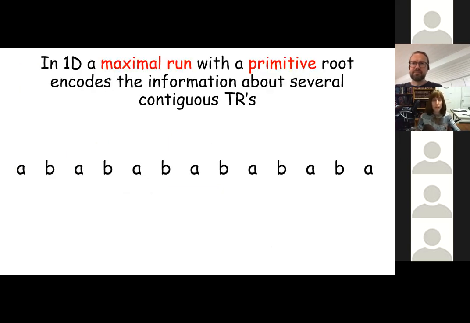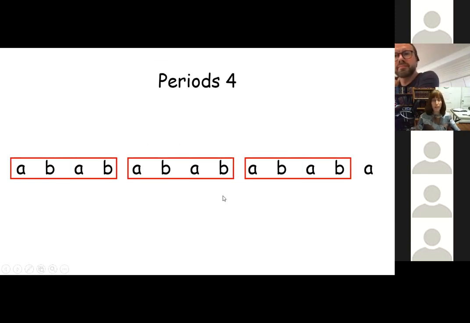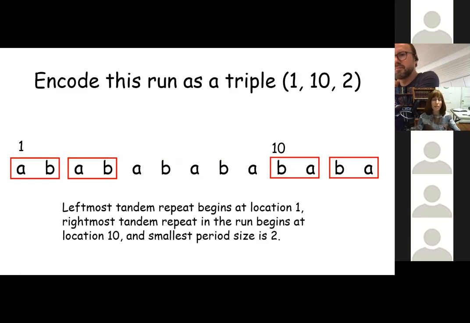So just to review quickly what a maximal run is, if you have a string of A, B, A, B, A, B, you would say, well, we have lots of tandem repeats. They're all contiguous, and the period is 2. You could also start at location 2 and have B, A, B, A. But you might say, I also have period 4, I also have period 6. And what we say is, but those aren't interesting because they're all represented in period 2. They're just multiples of 2. And if you know that you have 2 and you know the length, then you know that you have 4 and 6 as well. So what we do in this situation is we encode this run as a triple, and